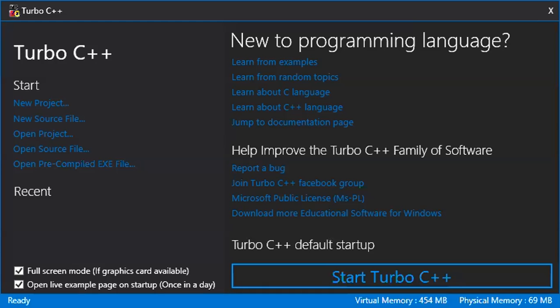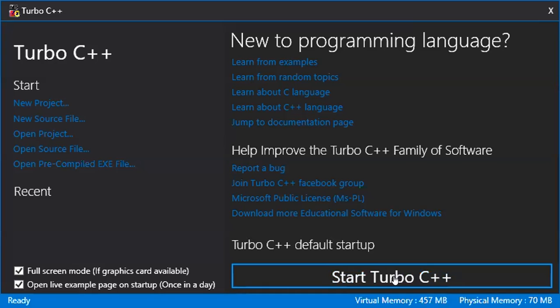If you look at the screen now, this is the first screen of Turbo C++. You have various options over there to start the programs, the recent files and so on. You will be clicking onto this button called Start Turbo C++.